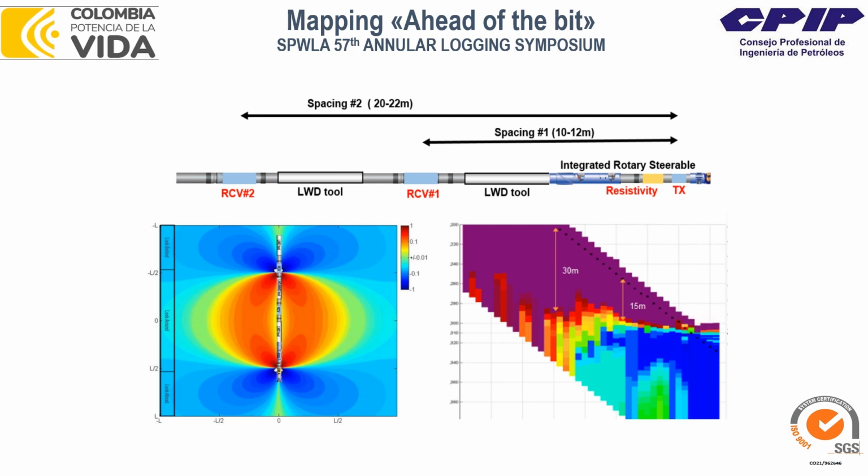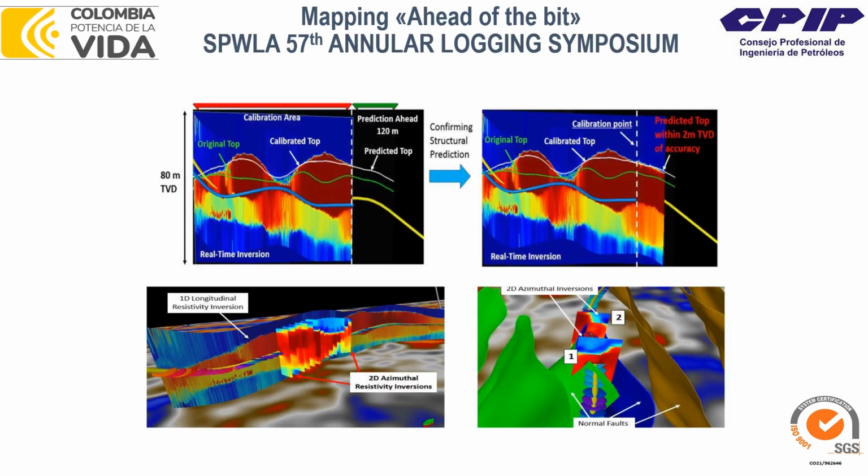Okay, so the next top update on the technology, I would say, is the combination with seismic. As you know, seismic has a similar resolution to this deep directional resistivity, in a range of 10, 20, 30 meters. Using this information to reprocess the seismic attributes will improve the accuracy of the seismic, and they can forecast analytically ahead of the bit as well. Look at what's going on here. That's the original top,